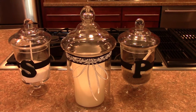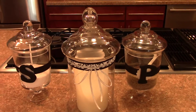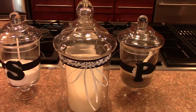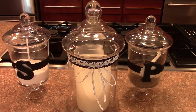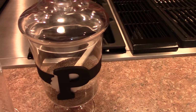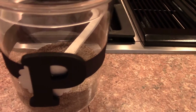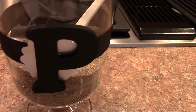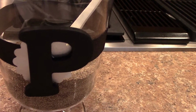This little vignette here, I decided to do something a little different than regular salt and pepper shakers. I use apothecary jars for the salt and pepper and a candle holder, so it will be easier to pinch a little salt here and pinch a little pepper there while we're cooking. The apothecary jars came from Michael's. I believe they were about $16, but I used a coupon, and I decorated it using a P that came from Michael's, and a little craft paper behind it that I punched out, and a black ribbon that attaches in the back, so I'm able to change out the ribbon